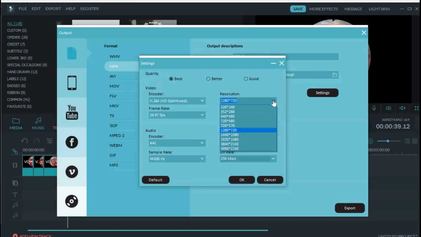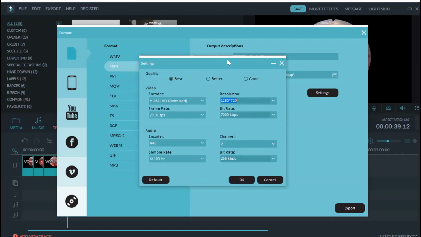See, for most of our presentations, a resolution of 1280 by 720 is an ideal one. So you can select this. If you want more resolution, you can also select it, but it takes more of your space. So this is enough. So you select your resolution, keep it on the best one, and then you can make this the default one, or you can keep changing your settings.